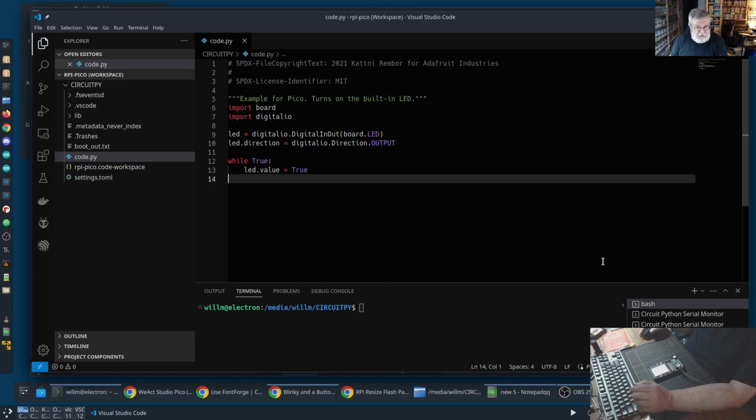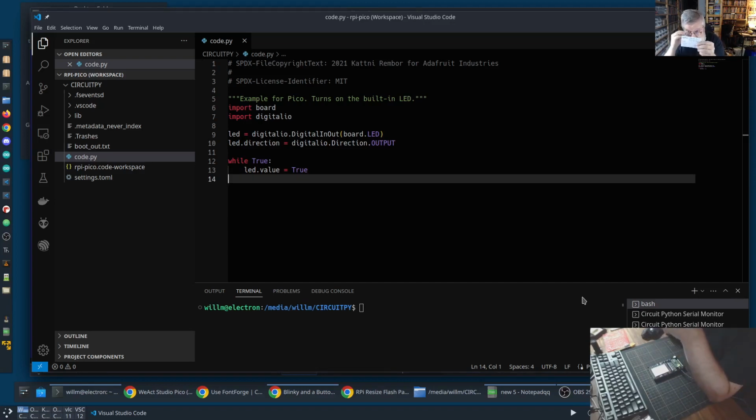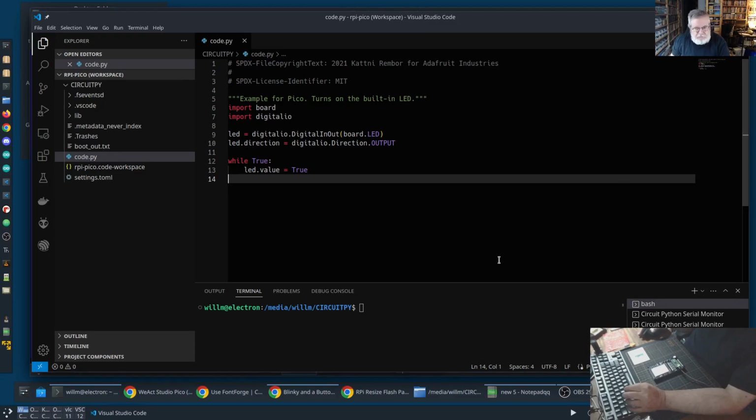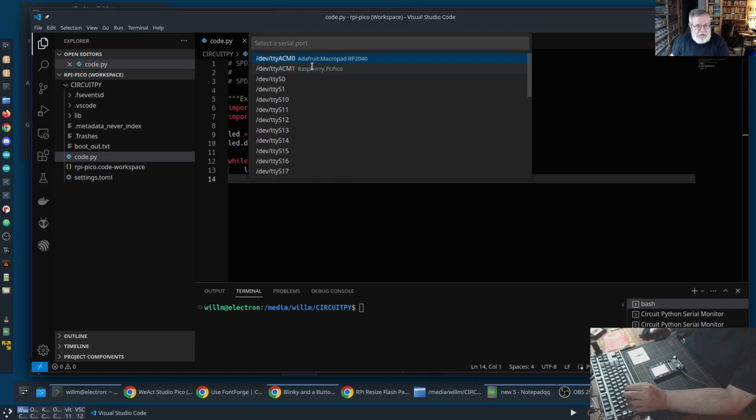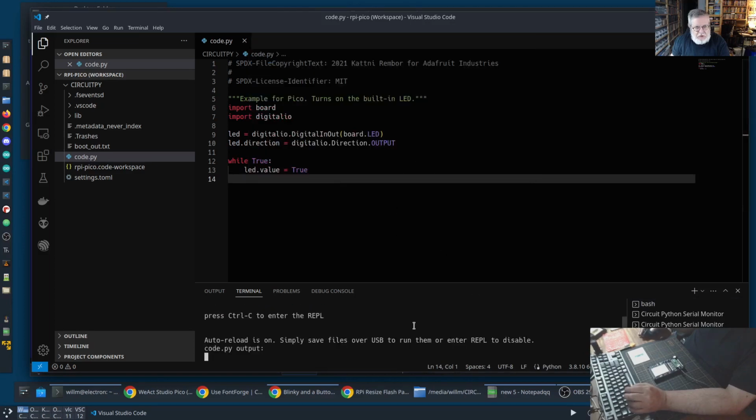Well, it's on, but it's not blinking. Let's see, LED is GP25. Let's connect to the REPL and see if there's an error. So the LED is on, but it's not blinking, so